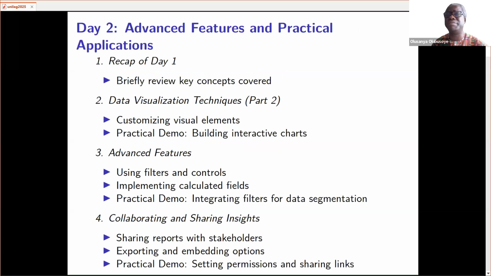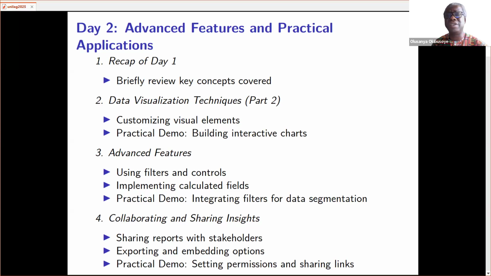When we meet in February, precisely February 18th, our focus will be to examine part 2 of the data visualization techniques, discuss more on how we customize the visual elements, and then look at some of the advanced features: how to filter, how to set controls, and how to calculate new fields.